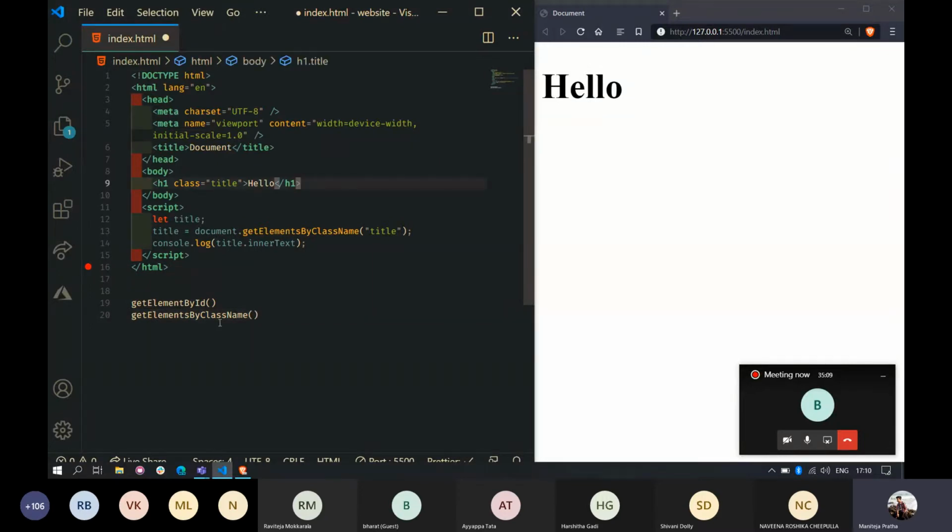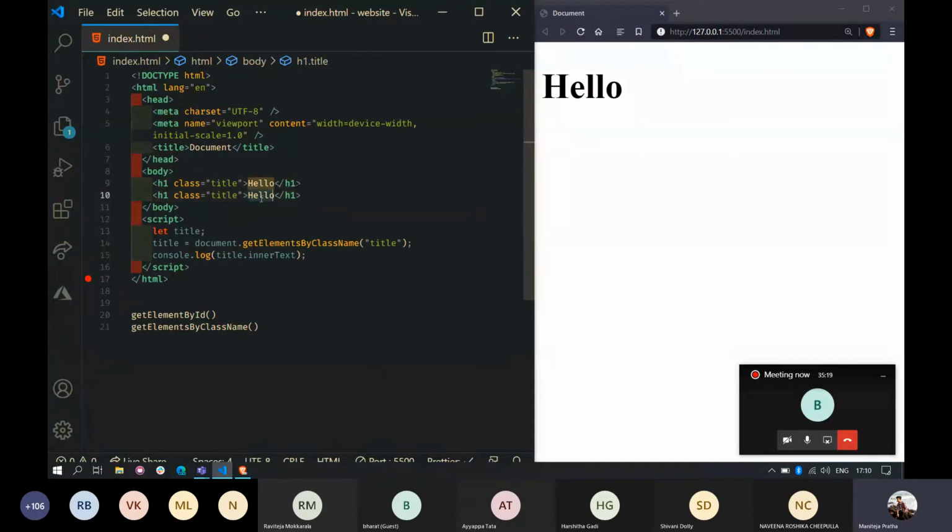But if you use getElementsByClassName, which is plural, you can access multiple things at the same time. Take an instance, we have another tag, hello, hello 2.